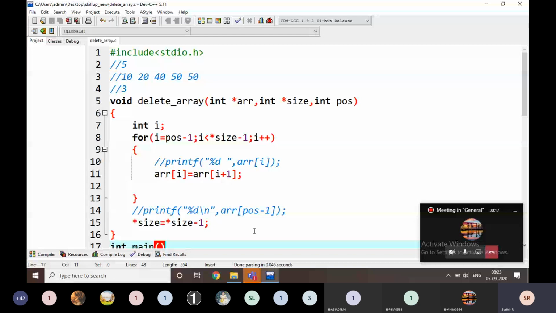In this way, we are going to delete a value from the array. Okay.